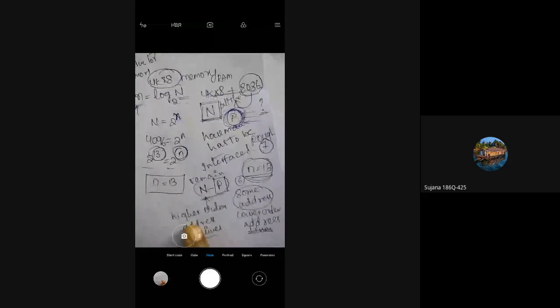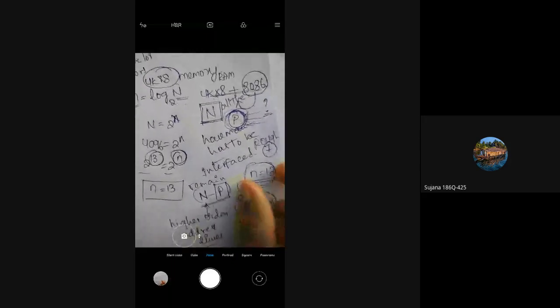So out of the available address lines, if I want to interface some p locations to this 8086,